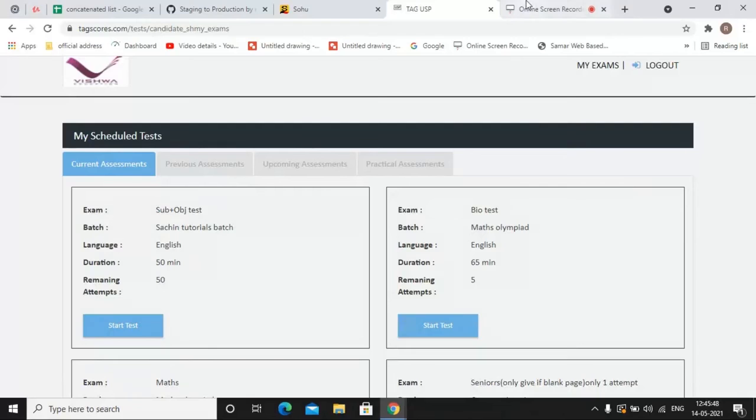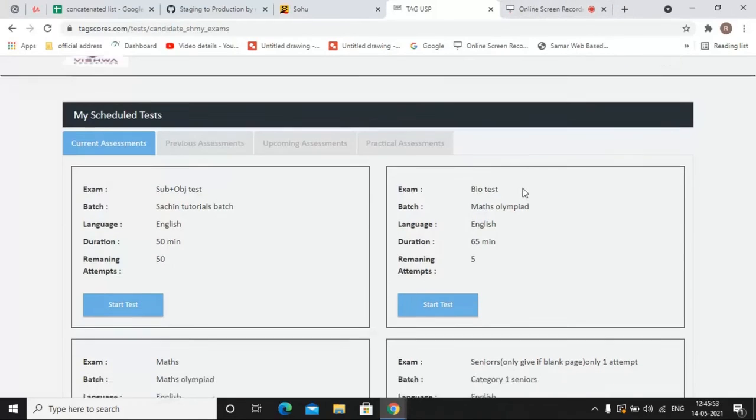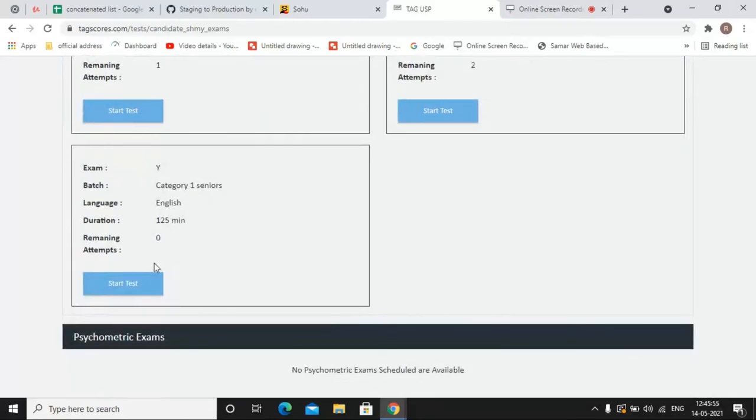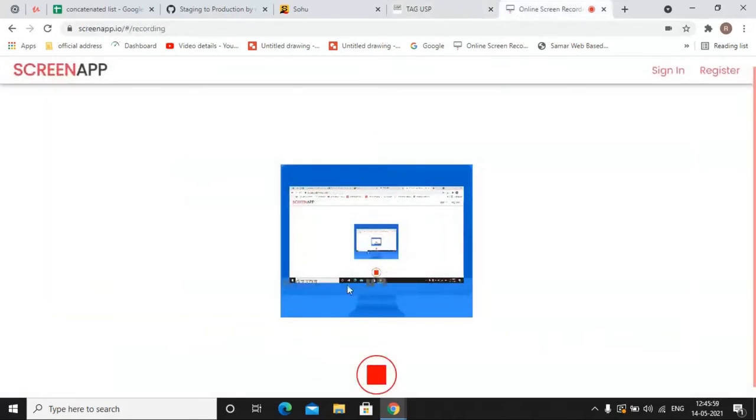And if you want to restart your test from the same point, let me give you one more login attempt and then we can see.